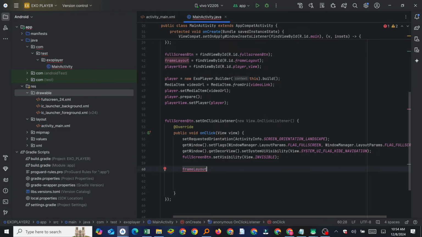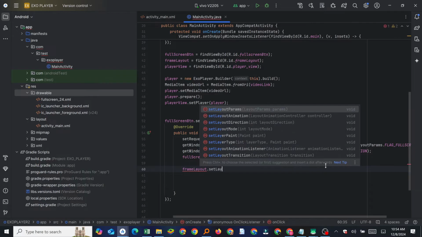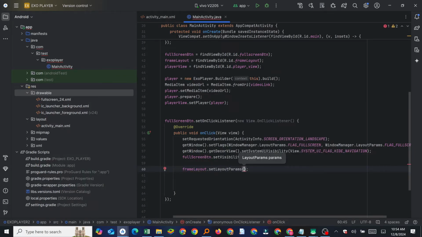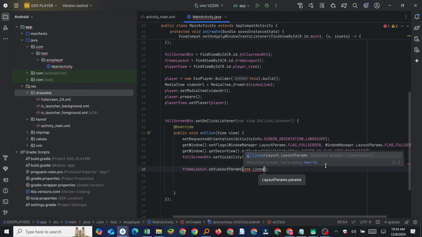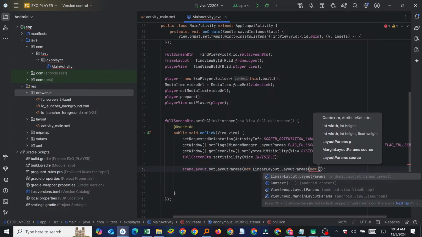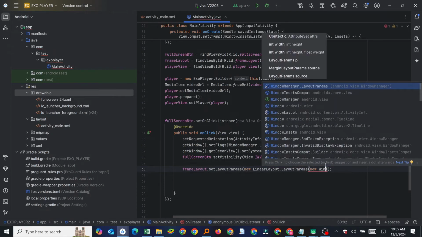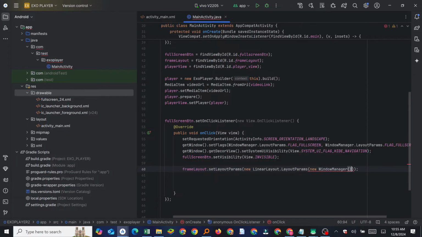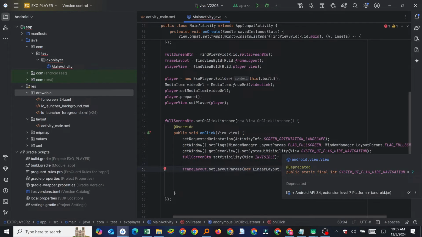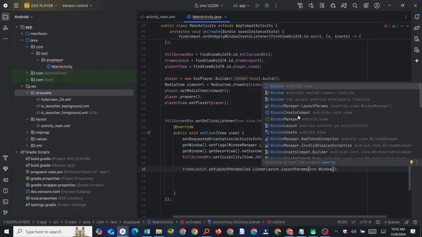The frame layout, you say dot set layout params, and say new linear layout params, into bracket we say new window manager, where is it? This one, new window manager,